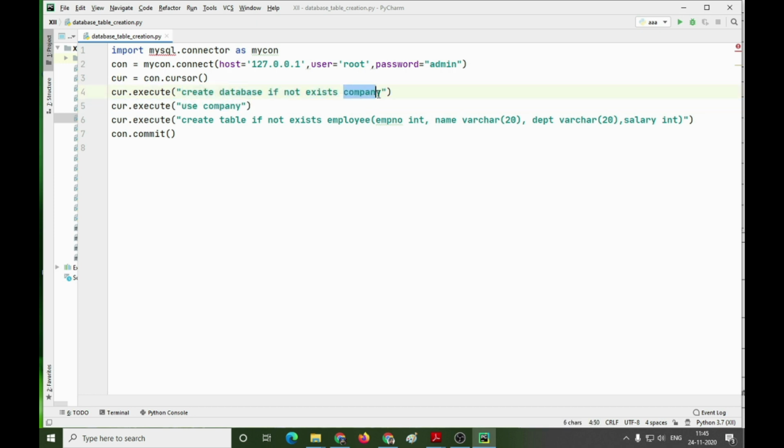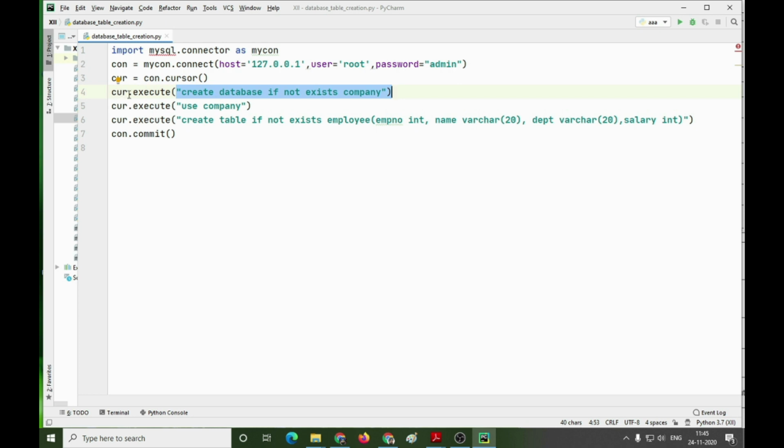In that case, if this particular database exists in MySQL, it is not going to be created, and if it is not there, the database named company is going to be created. If it is present, this command is not going to be executed, and no error message will be generated.